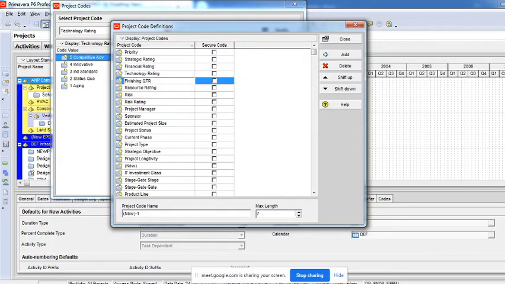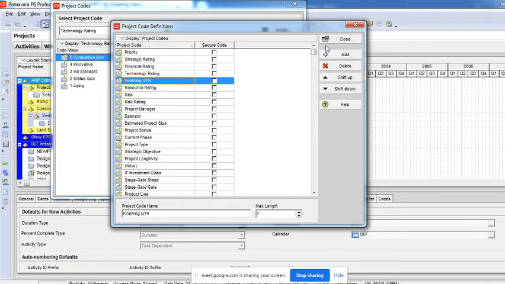I'm just giving some name, because lots of things have already been given, so every time finding something new is difficult for me. So I'm just typing finishing quarter. Finishing QTR is nothing but finishing quarter. It means I want to group my projects to see which project is finishing under which quarter.